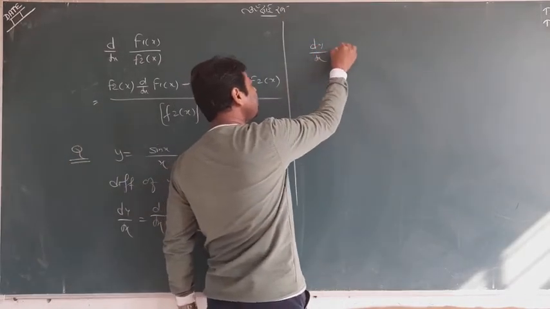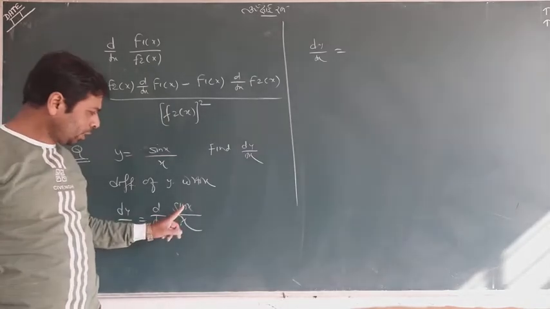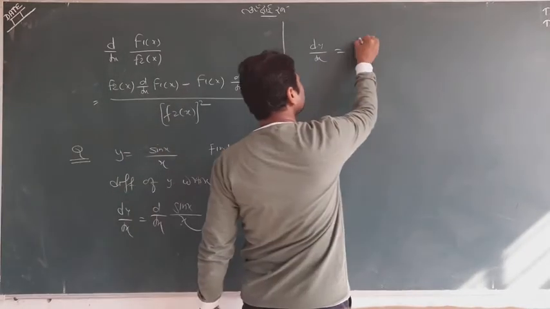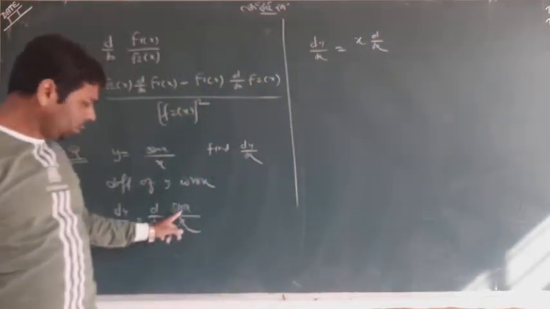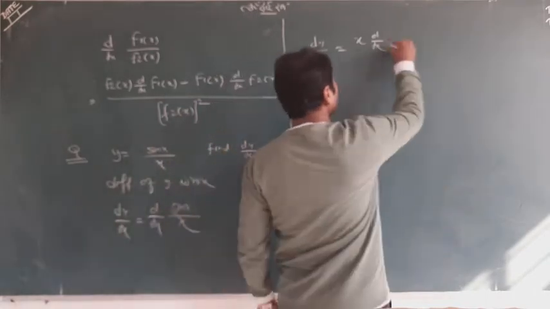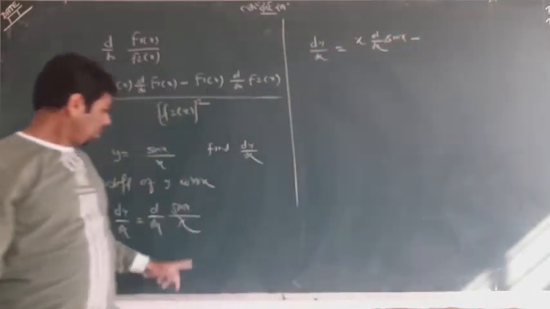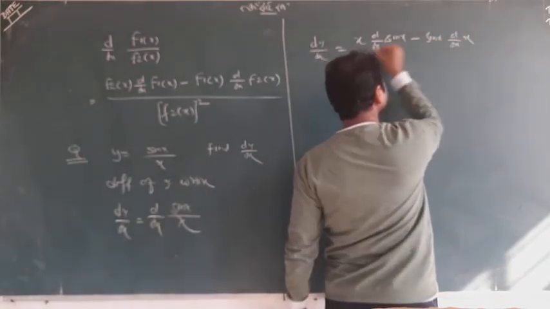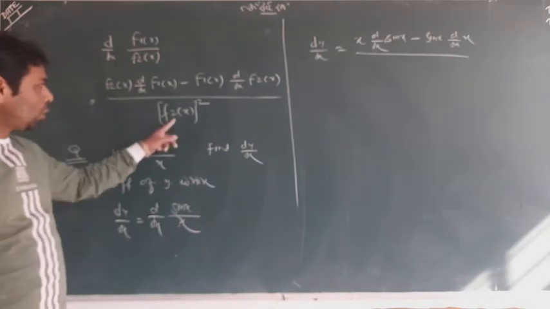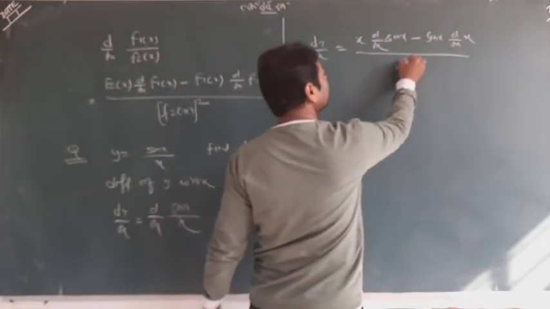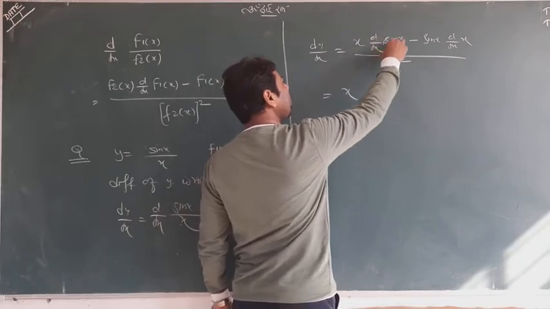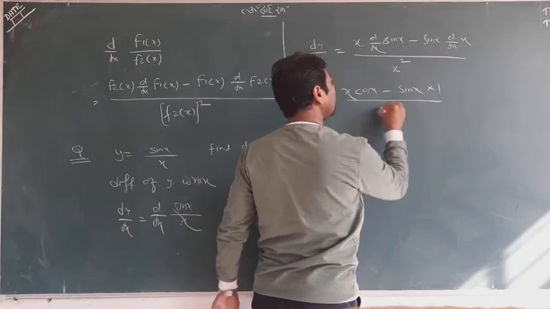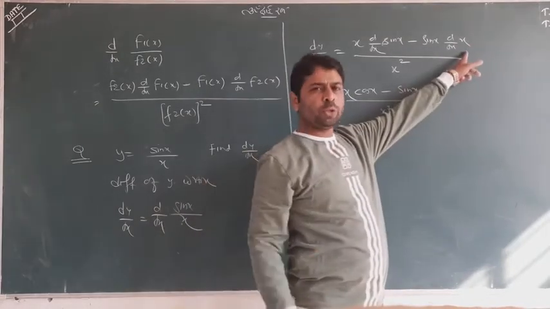Then dy by dx is equal to, use the formula. This is the numerator, this is the denominator. You start with the denominator as it is, meaning x as it is. Differentiation of numerator, meaning sin x, minus the numerator as it is, meaning sin x, reverse condition, d by dx of denominator, upon the square of the denominator, meaning square of x, meaning x square. Now go on, d by dx of sin x is cos x and d by dx of x is 1. That I only taught you today.